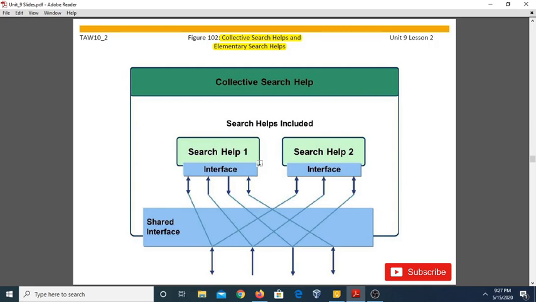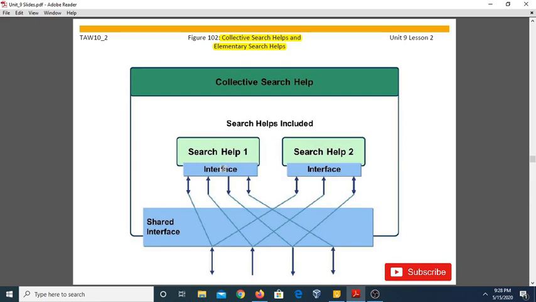Similarly, in this collective search help, again we can attach the parameters to the fields, tables and data elements. In this figure you can see we have two search helps, search help 1 and search help 2, and each of them has its own interface. Here the main interface consists of importing and exporting parameters.